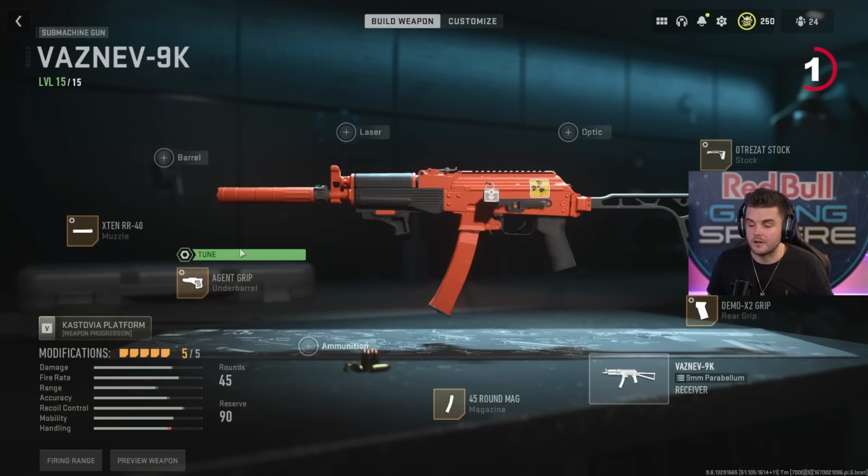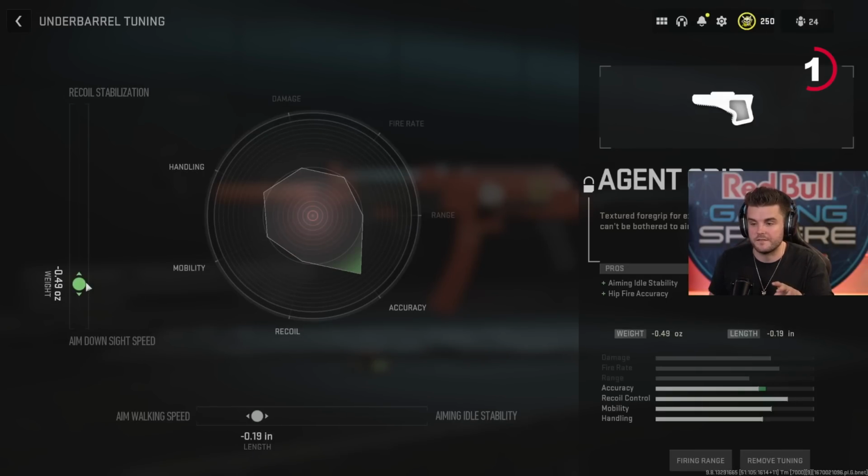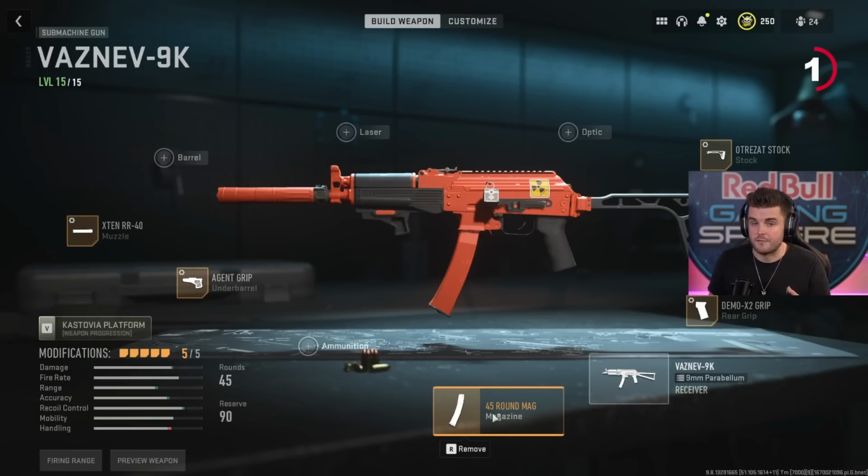The agent grip for the underbarrel, and then that is tuned for 0.49 for ADS speed and then 0.19 towards aim walking speeds. You've got the 45 round mag, so you can take out multiple players. Incredible for quads, and it's one of the reasons that I love the Vaznev so much, because if you're taking on multiple enemies,